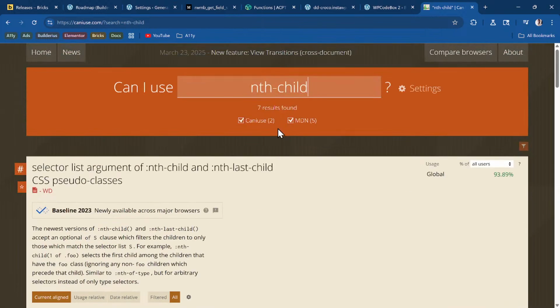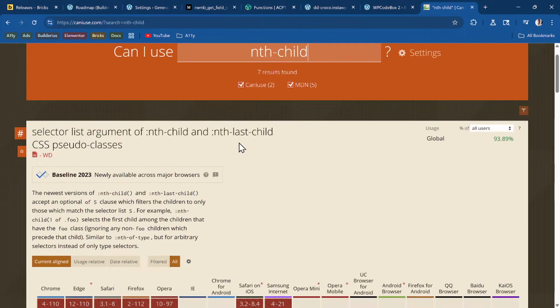So usually if we want to implement some of these features, the best time to implement them is when they are widely available. Newly available, you have to take with a little bit of caution, because that means there are still a lot of people using the old